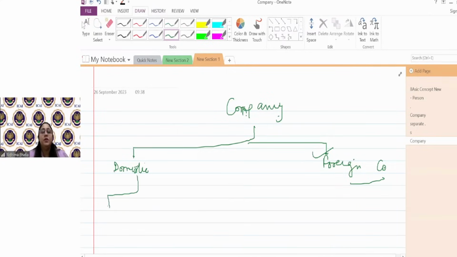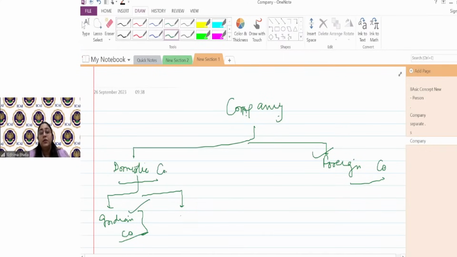Domestic company means, domestic company would include two types of company. You can take a note of it. One is Indian company. अब Indian company क्या है? Who has been incorporated as per the Indian company law. It can be Companies Act 1956. It can be Companies Act 2013. It can be any corporate act. It can be any state act which was there for the companies at any point of the time. It can be any company which is incorporated as per the company laws or corporate laws which were relevant in India. That is an Indian company. Indian company would always be a domestic company.